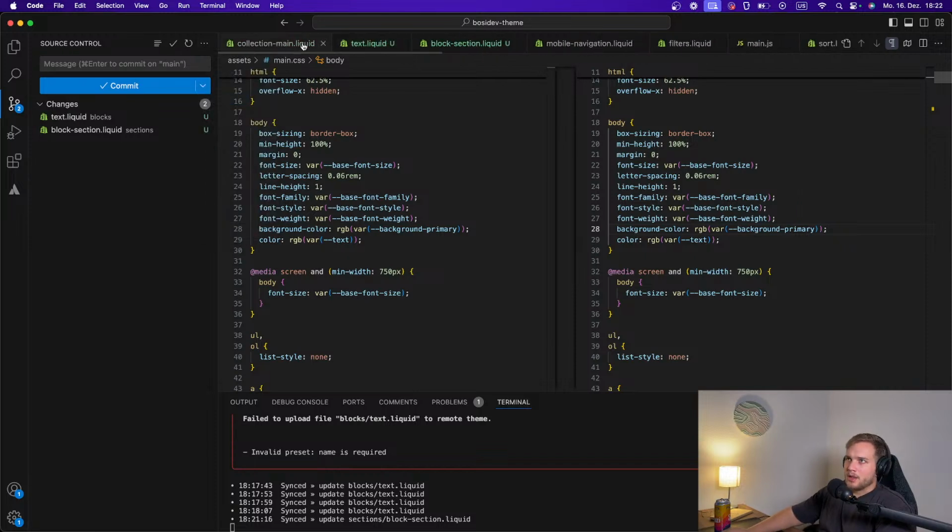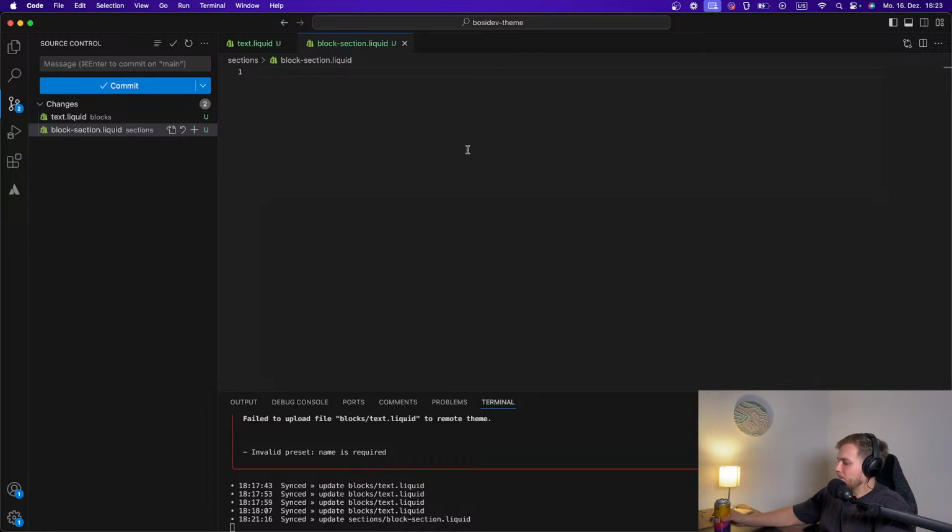So we are a little bit cleaner on this side. Okay, so